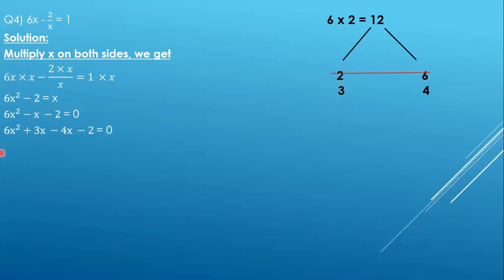And over here, we have 6x square plus 3x minus 4x minus 2 is equals to 0. So you can see that 3x minus 4x will give us minus x. Now the next step is that we will be taking these two terms and we will find the common in them. So the common in them is 3x. So we take 3x as common. So we are left with 3 2s are 6. So 2 is left and 1x is left. And we have taken 3x as common.